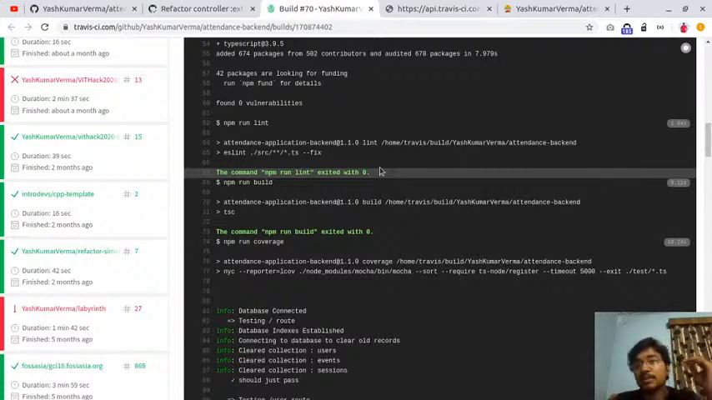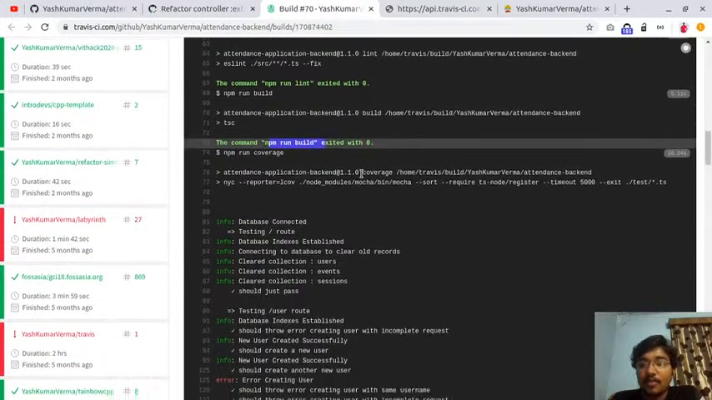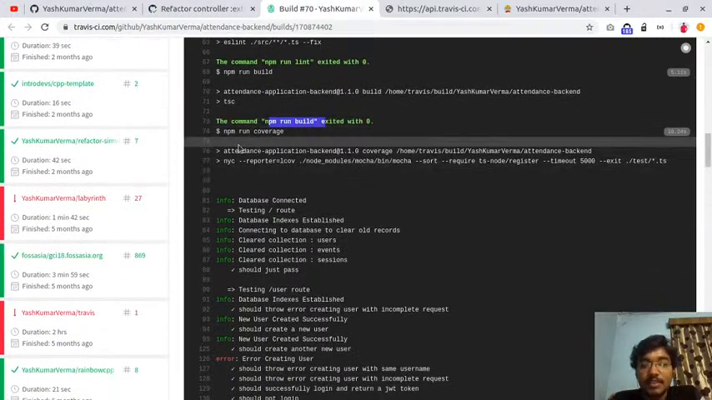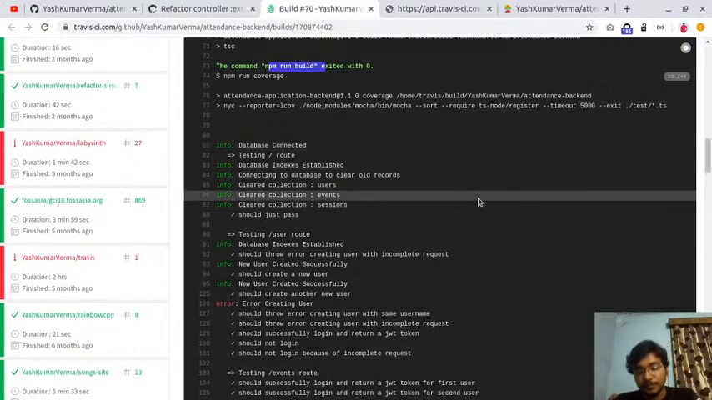Exit code 0 is considered to be a success exit code. Now we run npm run build. It ran successfully. Now let's see. It ran the coverage test. For the coverage, I have not explicitly run the npm test